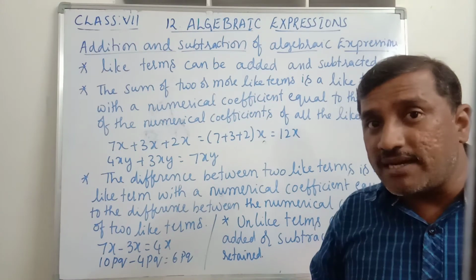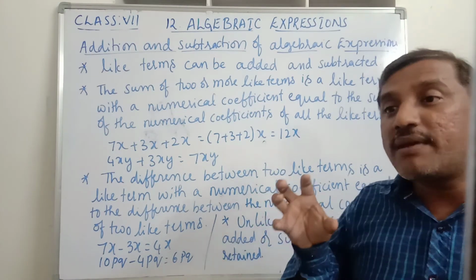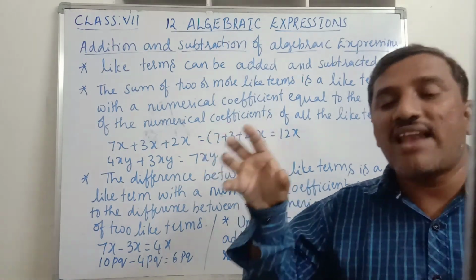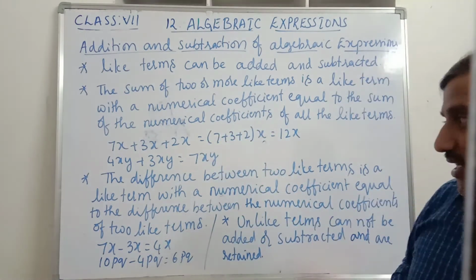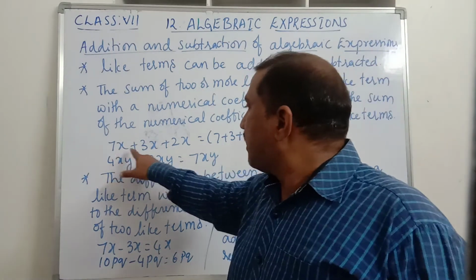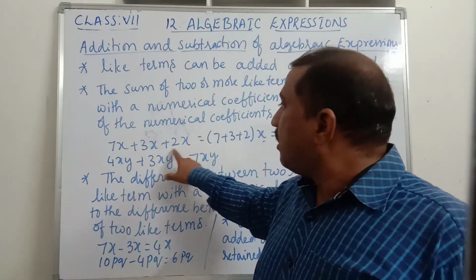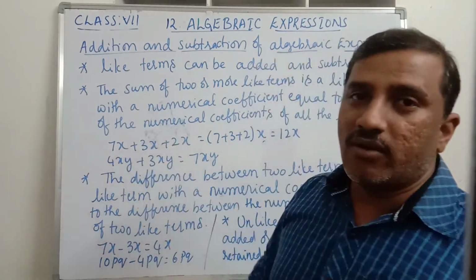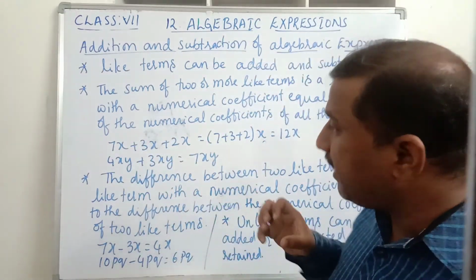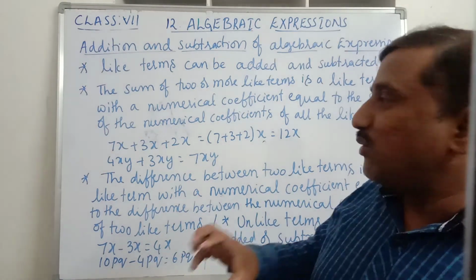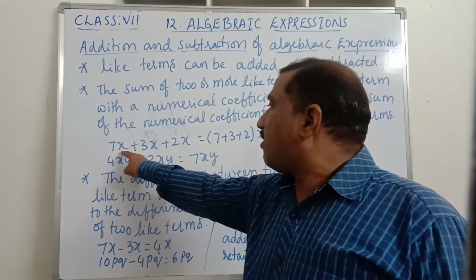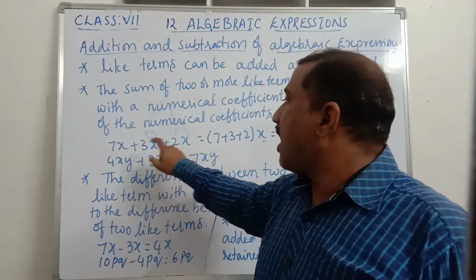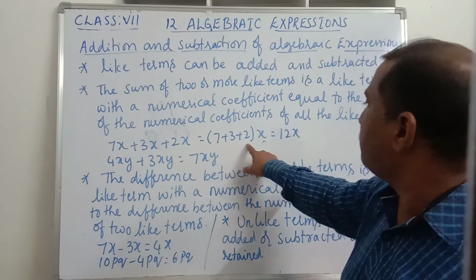We will get a like term means the variable, that is the algebraic factor, is the same. The algebraic factor will be the same; we just add the numerical coefficients. For example, 7x plus 3x plus 2x. These three terms are like terms as x is the variable, the algebraic factor. Then what will we do? We just add the numerical coefficients of all the three like terms, that is 7, 3 and 2. 7 plus 3 is 10, 10 plus 2 is 12,